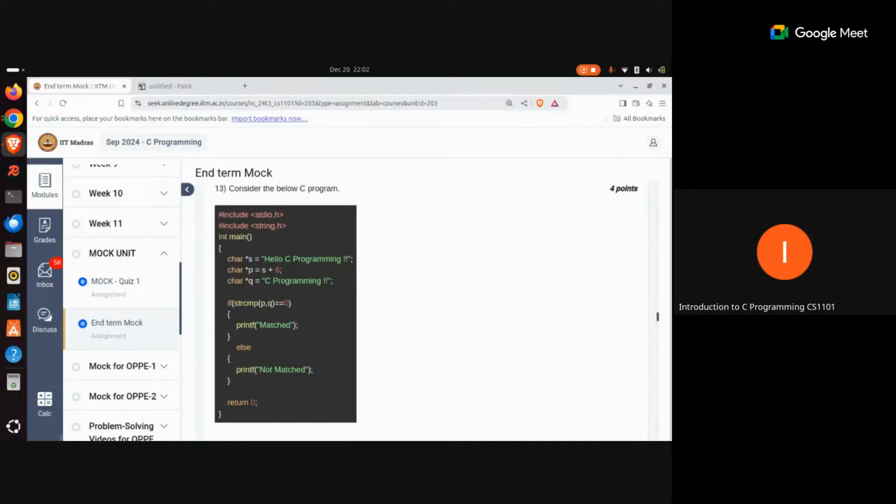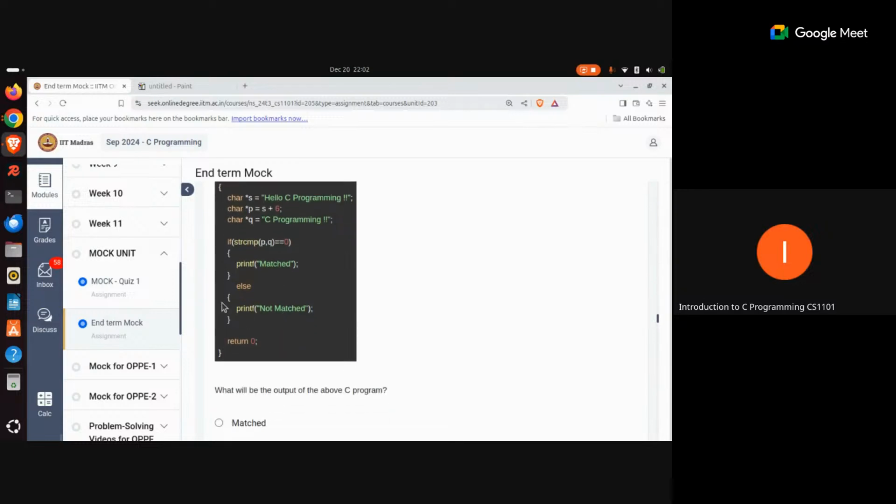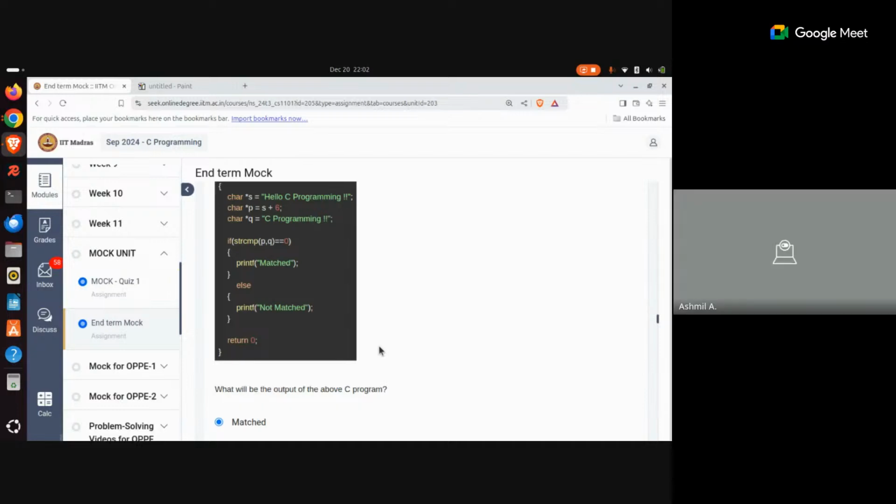And since you are getting an output of 0 here, which is actually being compared against 0, since both the values will match, what will actually be printed on the console is matched. The control will not enter the else block. Instead, it will print this matched value because this condition became true. This expression became true. So the output here is going to be matched. Is it understood to all? All right.